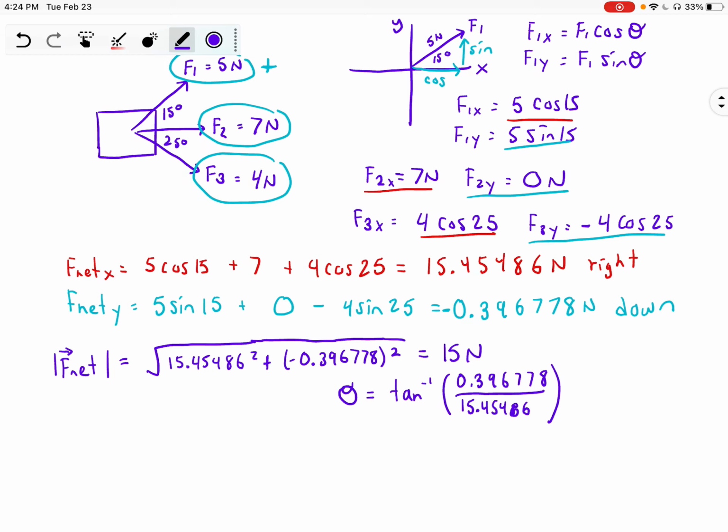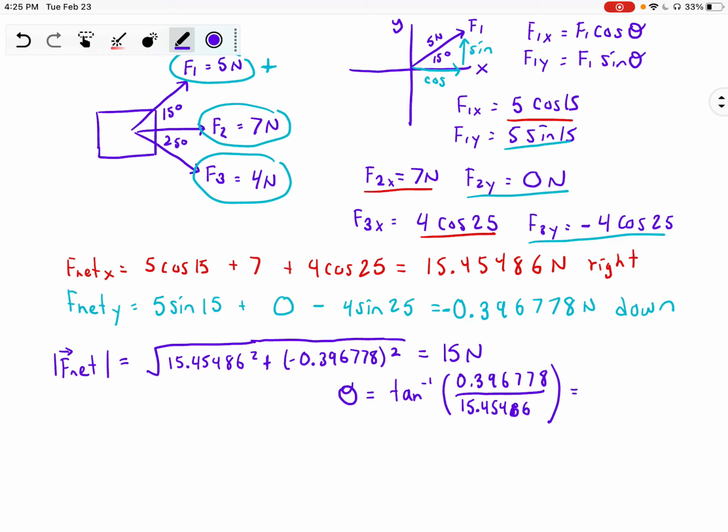If I put the negative sign in, sometimes the tan function will give me like 360 minus the value. And I just want to get the value between 0 and 90, and then I'll call it below the horizontal. So inverse tan of